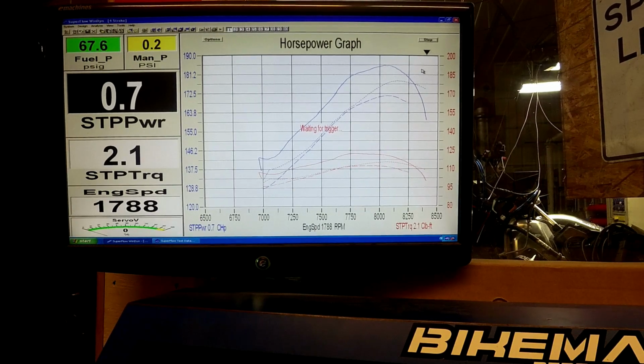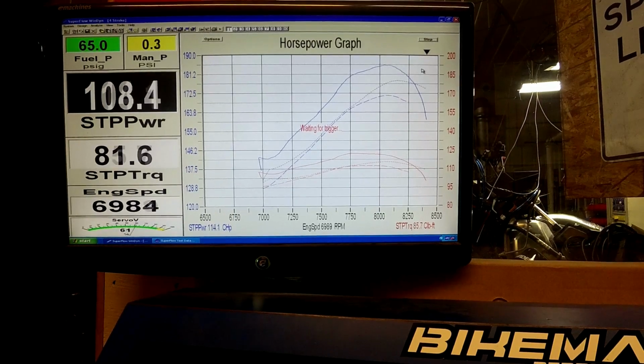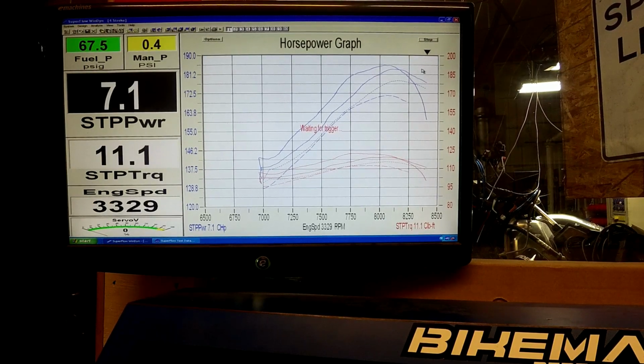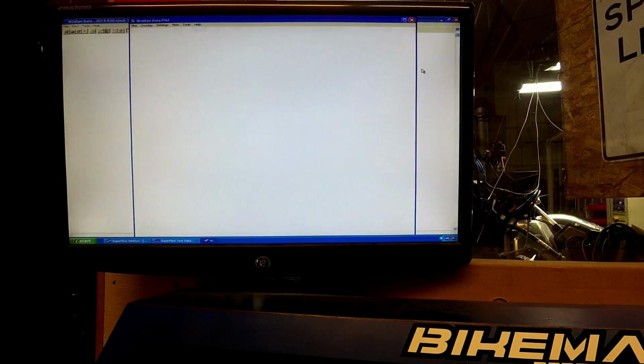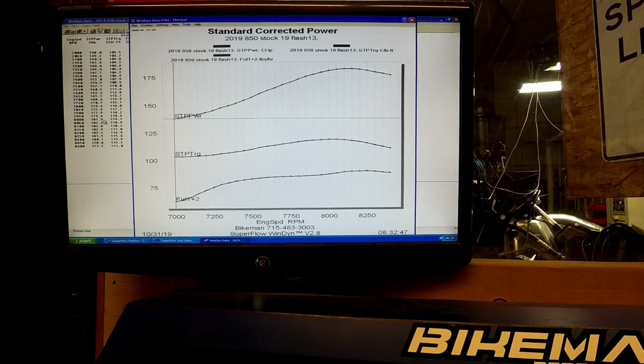Let the pipe cool to a good starting point so we can be consistent run to run. Engine's 113 right now. So that 19 and a half flash doesn't look like it's dropping as fast as the original flash did. We're still at 182.9 at 8150,